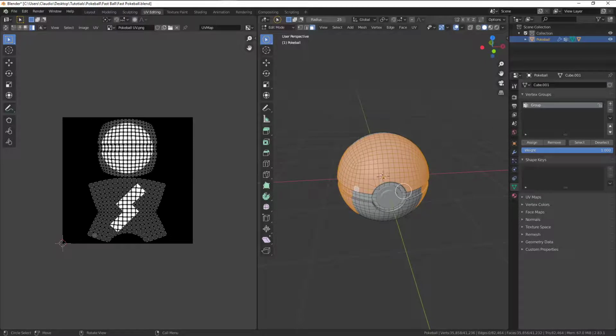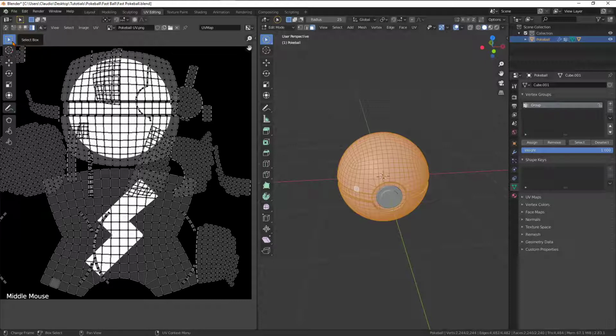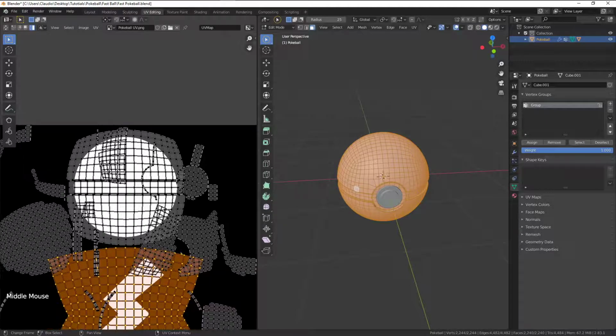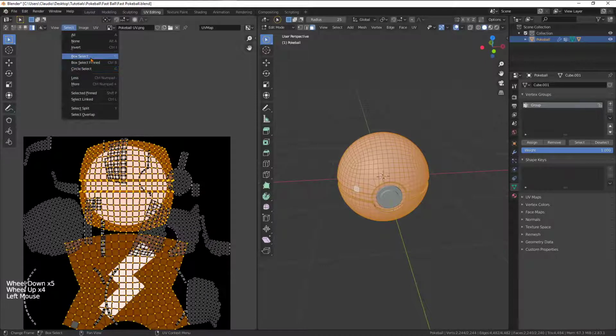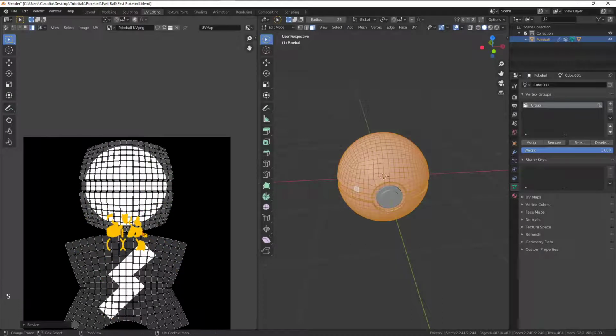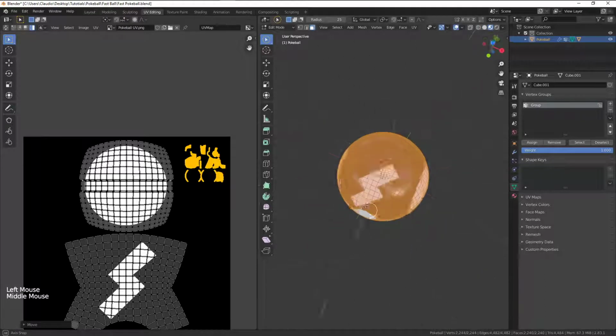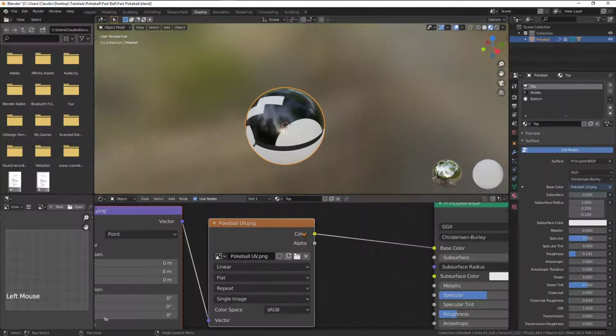So select everything and let's clean this up. Go into your box selection, select this island, and then click and drag it and select this island. Now go into your selection and do an invert. S to shrink, G to move, and let's move them out of the way. Now as you can see, we don't have those markings anymore. That's great. So go back into your shading,